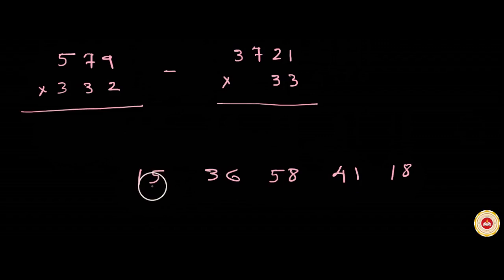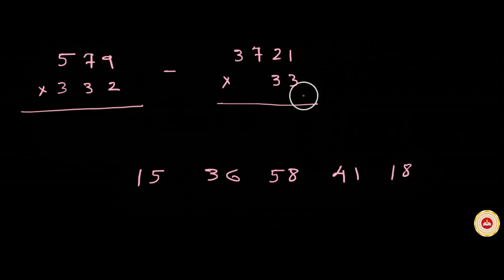Okay, 15. Correct. Now let us write the answer of this product: 3721 multiplied by 33. So how many parts we need to write the answer? 1, 2, 3, 4 in multiplicand, 4 digits in multiplicand and 2 digits in multiplier. That means we need 1, 2, 3, 4, 5, 6. 6 minus 1, that means 5 parts. Okay, equal number of parts we required for this product.